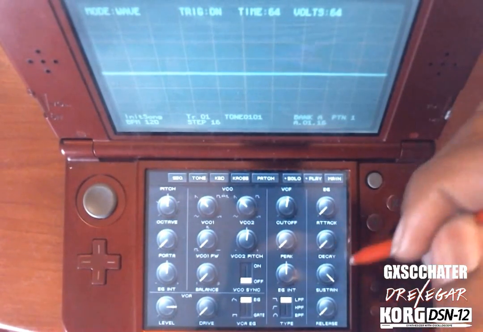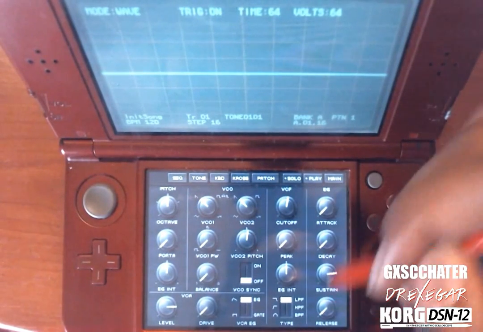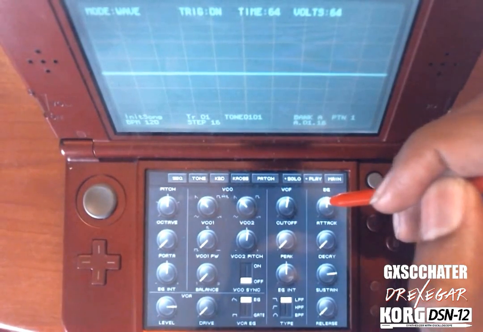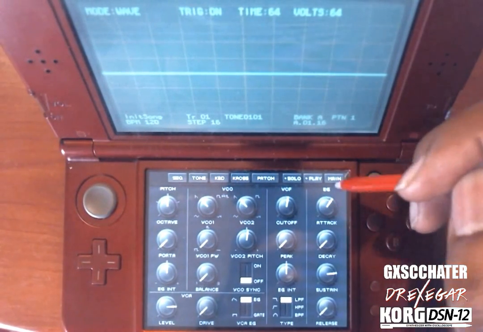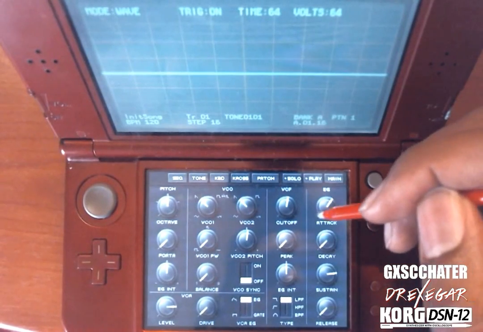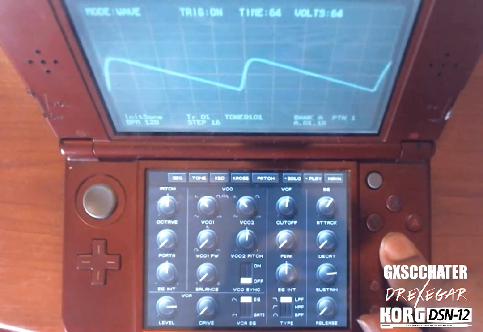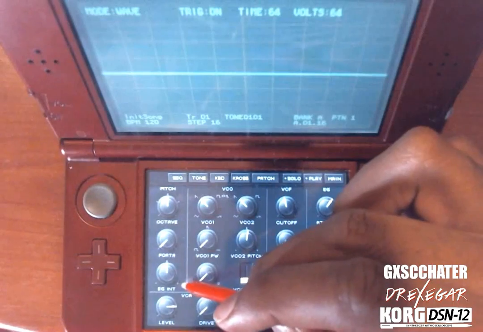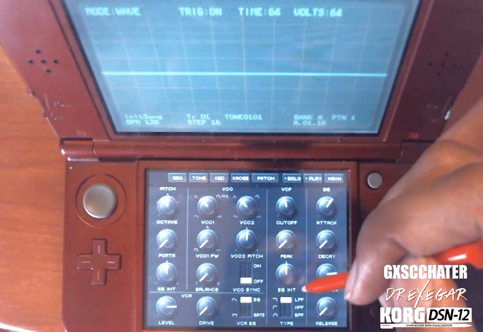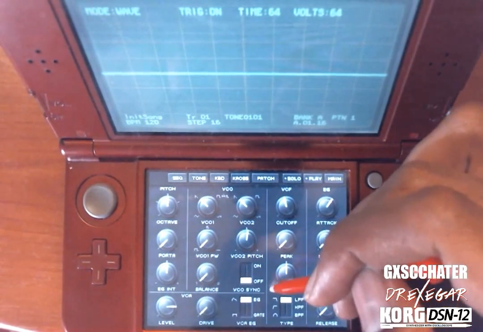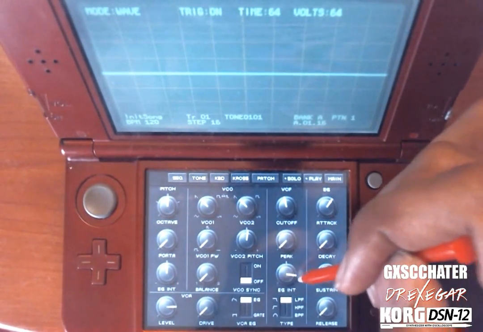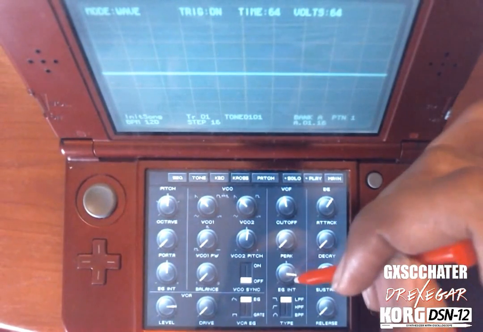So let's put no decay. Let's put a sustain there. All right, real quick, we're gonna do the attack. As you remember, with the attack the sound goes from 0% to 100%. Right now, it doesn't have a plus or subtract sign for whatever reason, but it's the same thing. This is the subtract side, this is the plus side. So if I put some envelope generator for the cutoff into it,